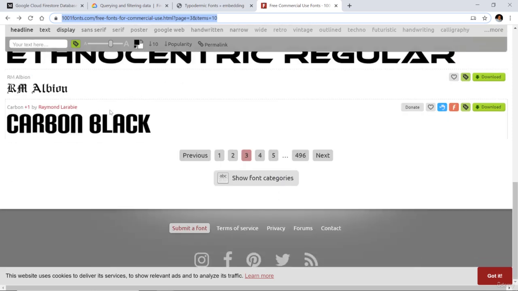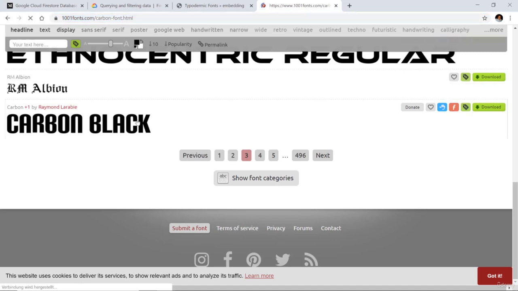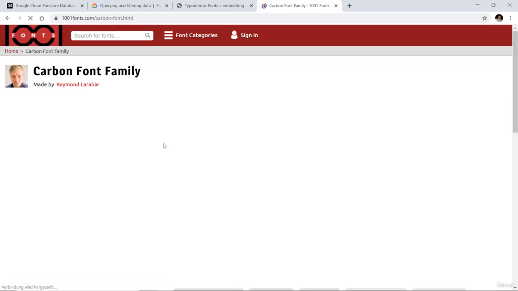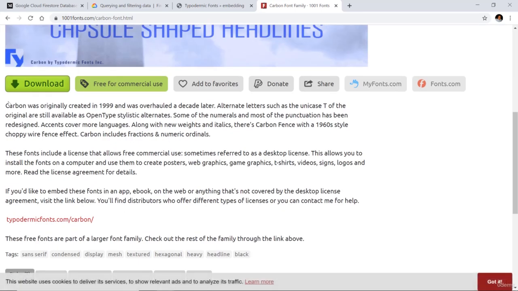So I just went through, and on the 3rd page I found this Carbon Black, which I liked. And when you hover over it, it says free for commercial use. But even though, you still need to be careful. So once you have clicked on this, you can read through the details here. And here it says